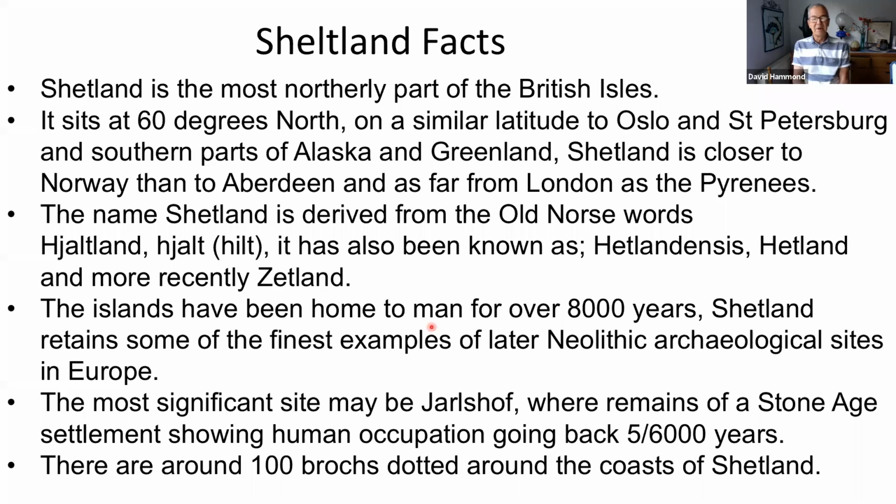Shetland is the most northerly part of the British Isles, and it sits at 60 degrees north, and obviously we're at 57. Similar latitude to Oslo,